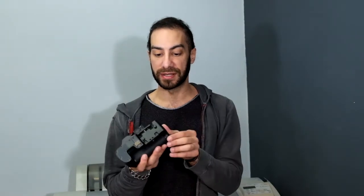We have the aperture and the shutter speed. And you have no battery here, of course, because it's attached one to the back and one to the body. So I know logically, before I get the grip, that you cannot put a battery here. You cannot put one battery to actually juice up the two of them. It's obvious, but you actually just pay for a holding grip camera, which I need, because once I tried to